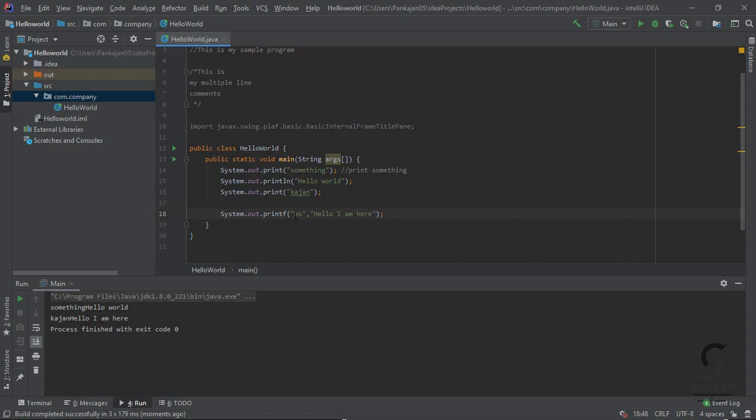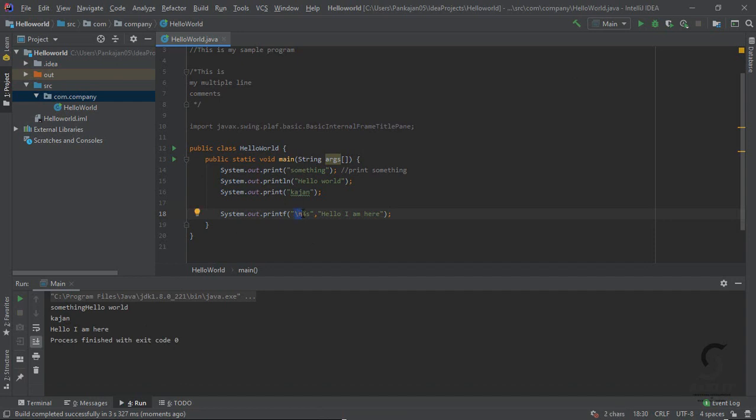So I want a new line, so I use backslash n, sorry, \n. Now it will print Cayenne, and after that it will print the new line.